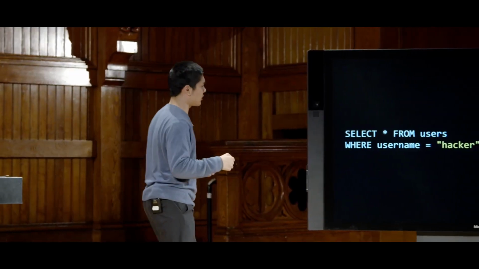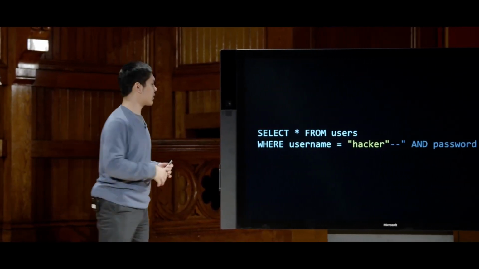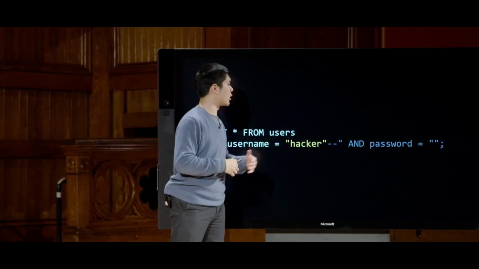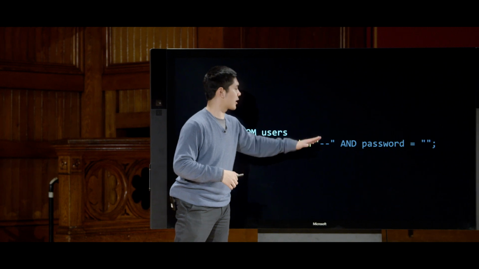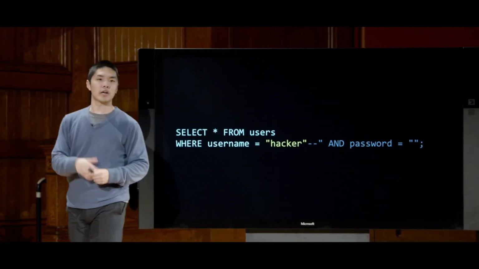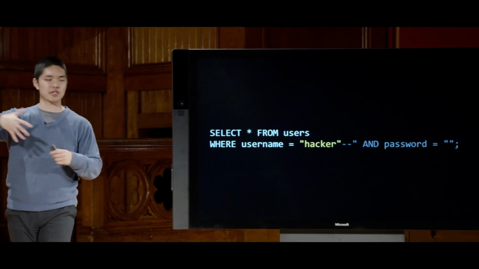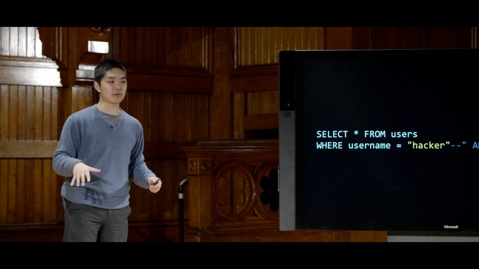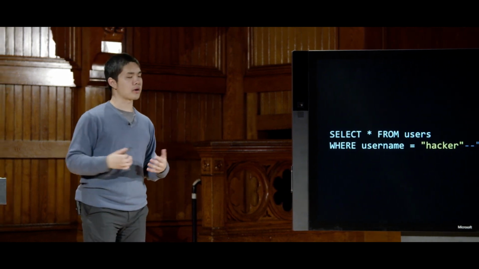So how do we solve this sort of problem? One strategy is to escape these characters. Escaping just meaning add some backslashes that just makes sure that SQL knows to treat these as a literal quotation mark and a literal dash, and not as special SQL syntax of any sort. Another strategy is to use an abstraction layer on top of SQL so that we don't have to write the SQL queries at all. And that's in fact what we're about to do as we transition to the world of